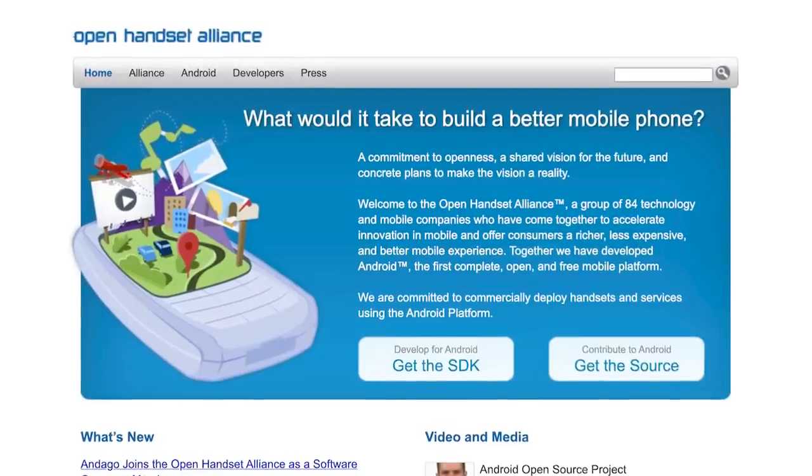Those original equipment manufacturers, like Motorola and HP, LG and Samsung, all became part of this Open Handset Alliance. Lenovo came in later. They were competing with the iPhone, which had just come out about the same time, and they wanted to come up with something fast.